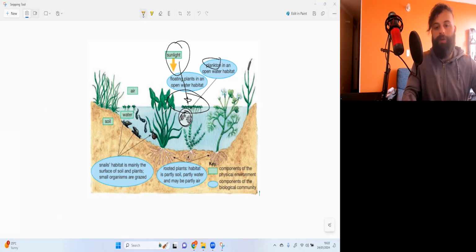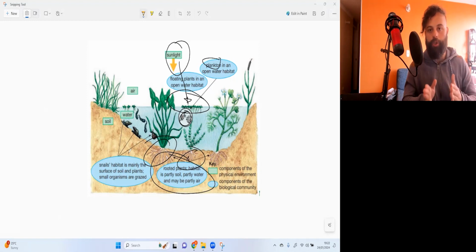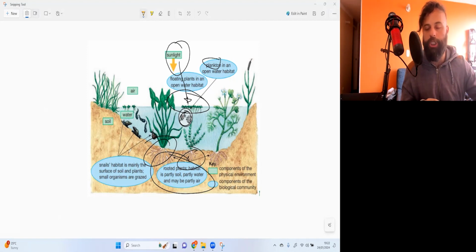and this feeds other types of organisms that will feed on it. You also have rooted plants. The roots make the plants stable, anchoring them so they don't get washed away. Roots are also able to hold the soil together so the soil doesn't go through erosion. Because the last thing you want to do is lose that top layer of soil, the most nutritious part of the soil that will support the plants. The bottom layers are not that nutritious, so you're going to lose that.